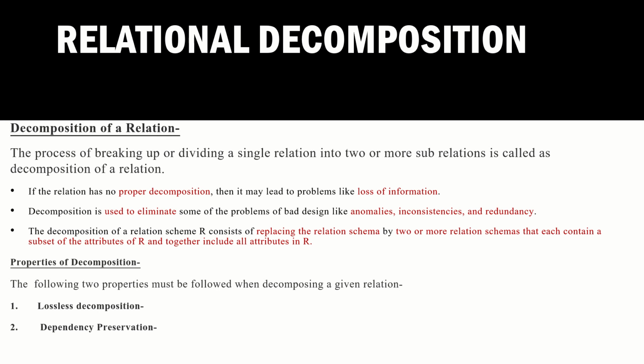That is, if we have a table, if it is a very large table, in some cases we have to divide that table into smaller tables. So that is called a decomposition. While we are decomposing a table, we have to consider some important factors. The first point is that if the decomposition is not performed in the right manner, we may lose some information. That is, loss of information will be there if you are not dividing or decomposing a table properly.